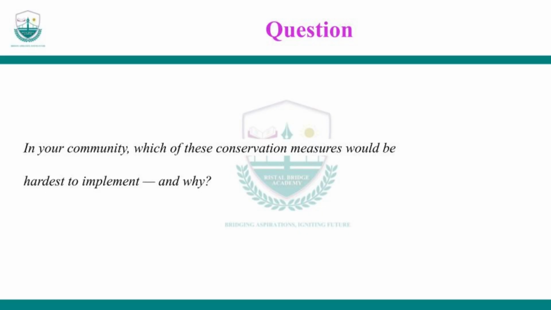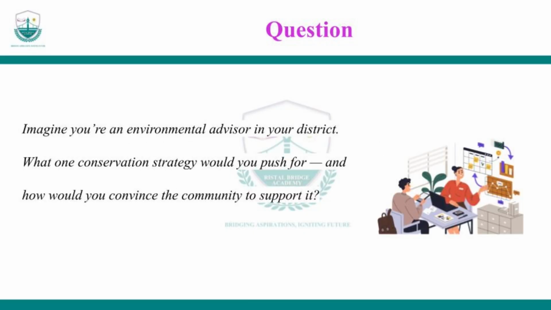Today, we've seen that conservation isn't just about animals, it's about people, ecosystems, culture, and economics. We defined conservation and its importance, explored threats and strategies, connected ethical, ecological, and practical reasons, evaluated real-life solutions for Africa's biodiversity challenges. Imagine you're an environmental advisor in your district. What one conservation strategy